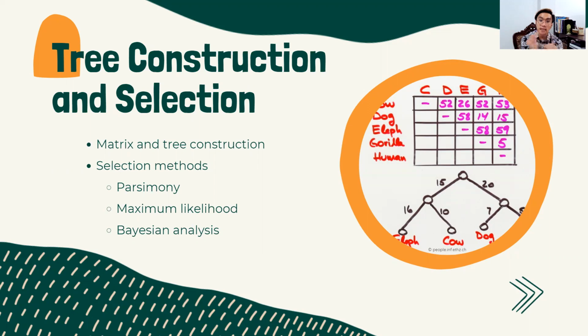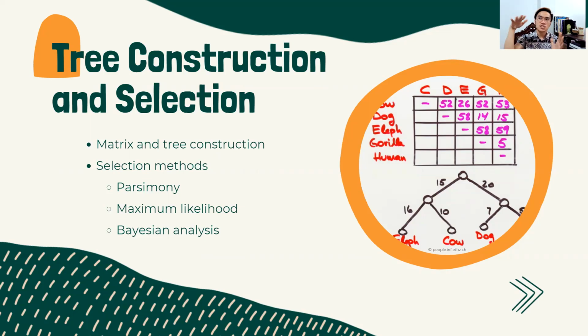How we create the tree based on the data that we have. What we do is we transform our data before. Again, what are those data? Taxa, character states. Before they can even be transformed into a tree, they need to be transformed into what we call a matrix first. Meaning it's a matrix of the taxa and the characters.